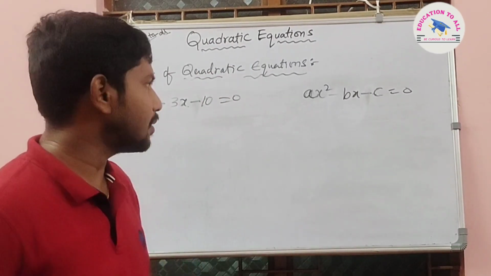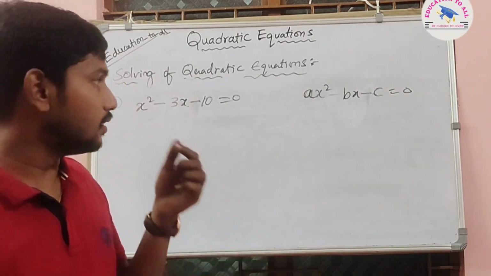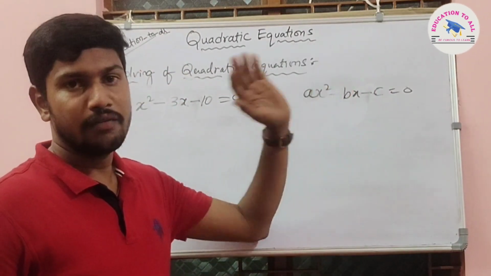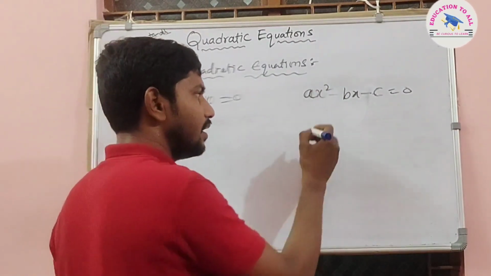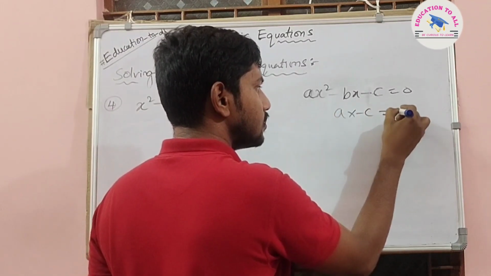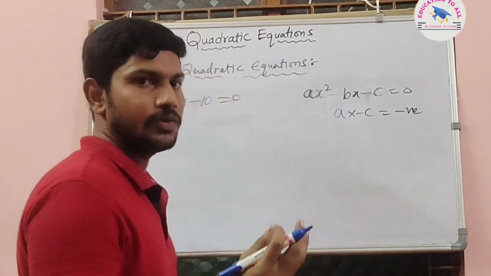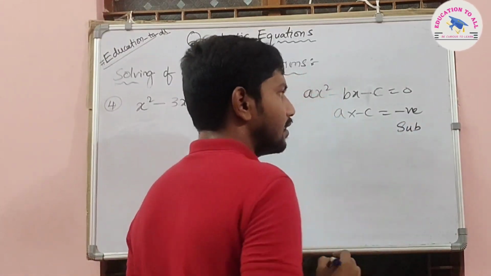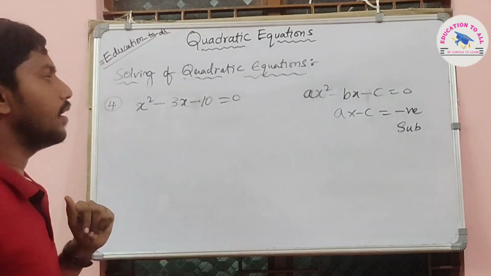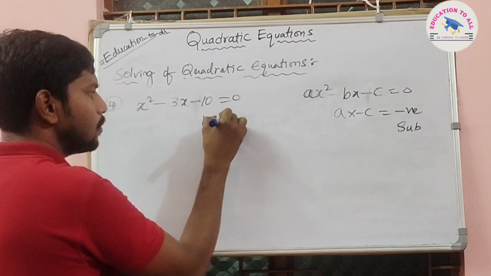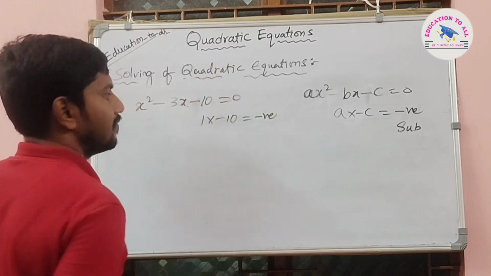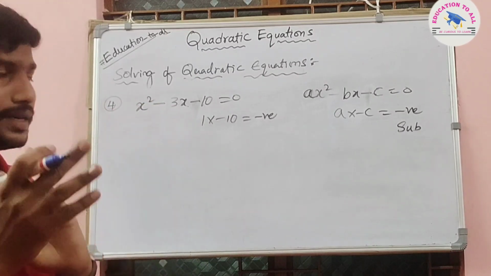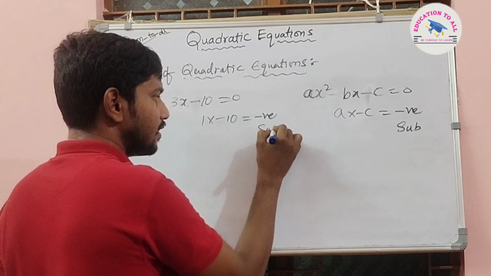So let us look into the fourth type of quadratic equation, ax square minus bx minus c. The first and last terms, we have to take the product. The same step we have to apply here. So a into minus c will definitely be negative. And if it is negative, we get a into c, and we have to do what? Subtract the factors. Same thing applies here. 1 into minus 10 will give negative. So factors of 1 and 10 will not give minus 3 directly. So we have to split the factors, and remember we have to subtract the factors.